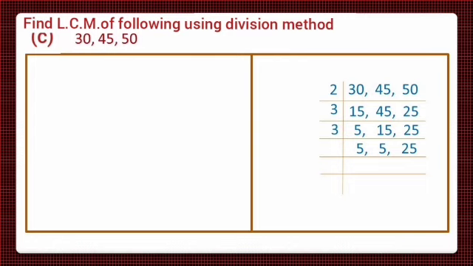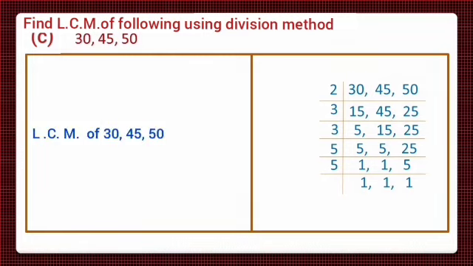So dear students, we'll divide these values by 5, and on dividing 5 by 5 we get 1. Again on dividing 5 by 5 we get 1, and on dividing 25 by 5 we get the value 5. So now we get three values, that's 1, 1 and 5, which we will again divide by 5. So 1 will be written as it is, and the next one will also be written as it is, and 5 on dividing by 5 will get the value 1.